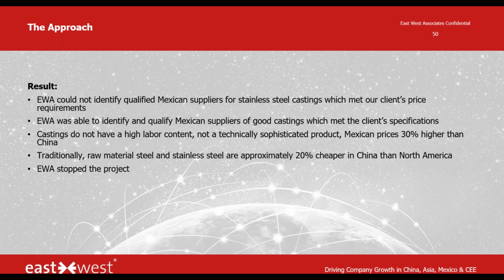So this product was really driven by the commodity costs, and that more than offset what they could find in Mexico. So they decided we stopped the project because we recommended that they stay in China with these stainless steel castings. So it wasn't the way we thought it would turn out, but with the high content of components and very little labor, that one drove